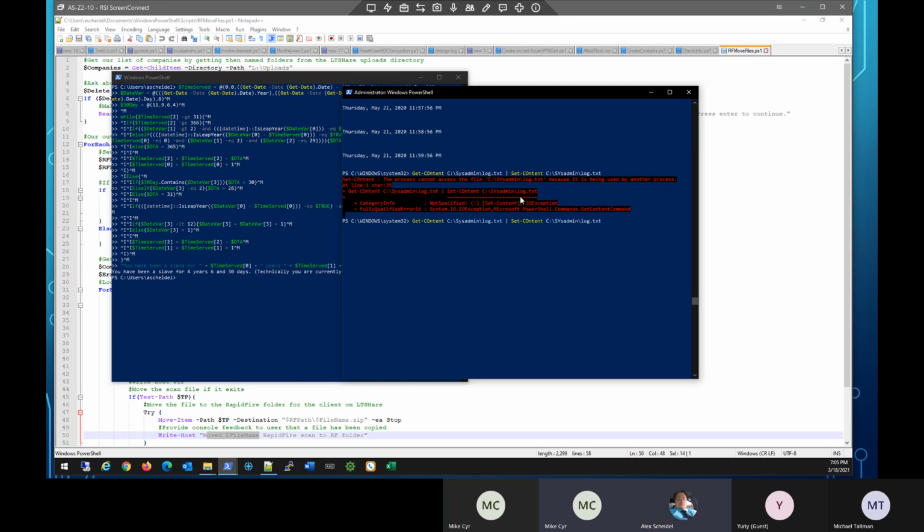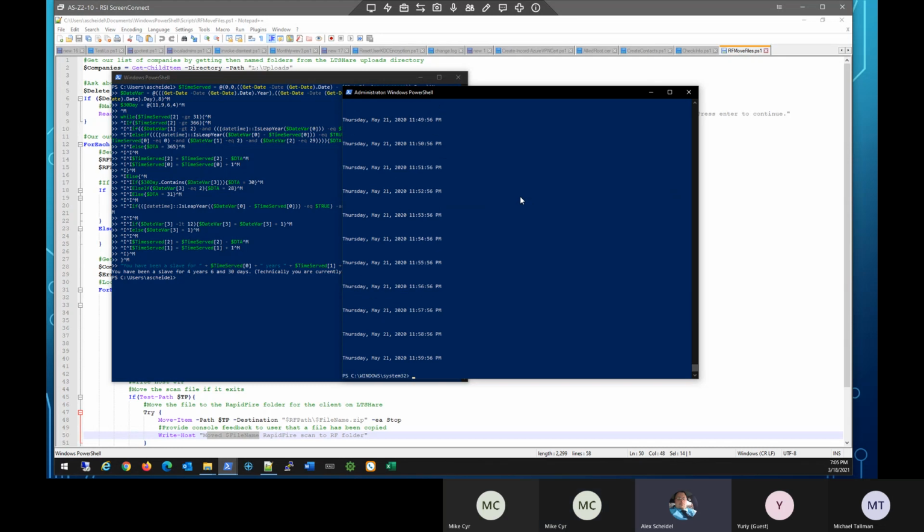What's using it? Maybe it doesn't like it because of the fact that it's there. Oh. The other way to do it, though, is put it into a variable. Call it log. So now we've got the log file there. And then we're going to do set content. We're actually going to pipe that content to